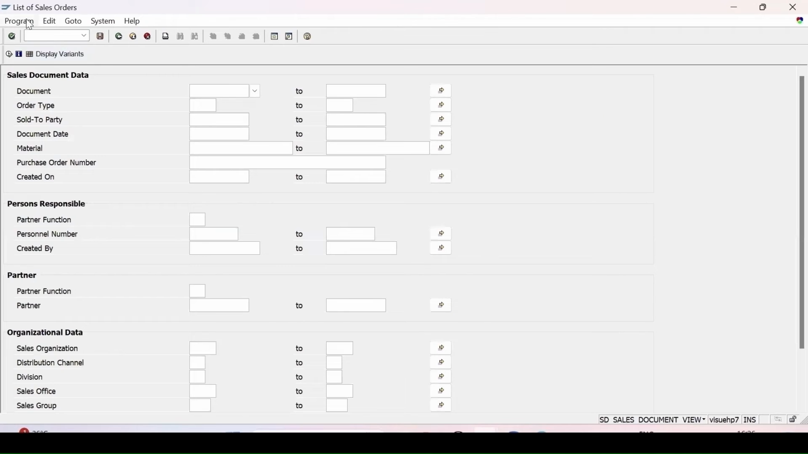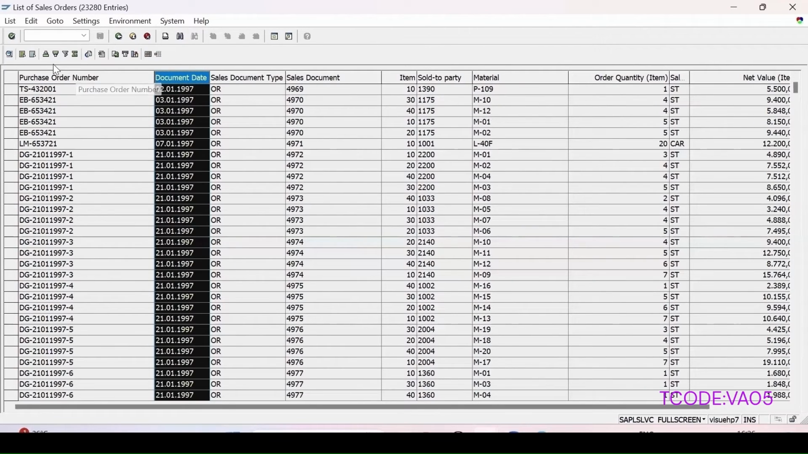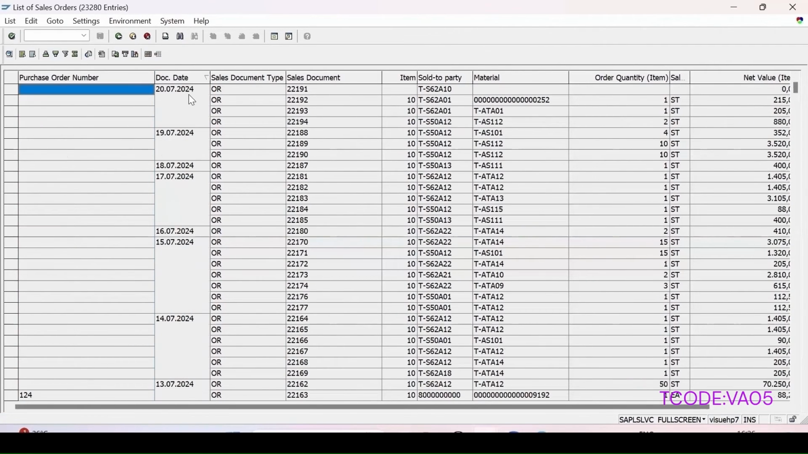BA05 is a report which will give you the list of sales orders. Here I can enter the order type as OR and click on execute. For this document date, these are the orders which were recently created. I can take any one out. Copy, Control Y, Control C, and then I open another session